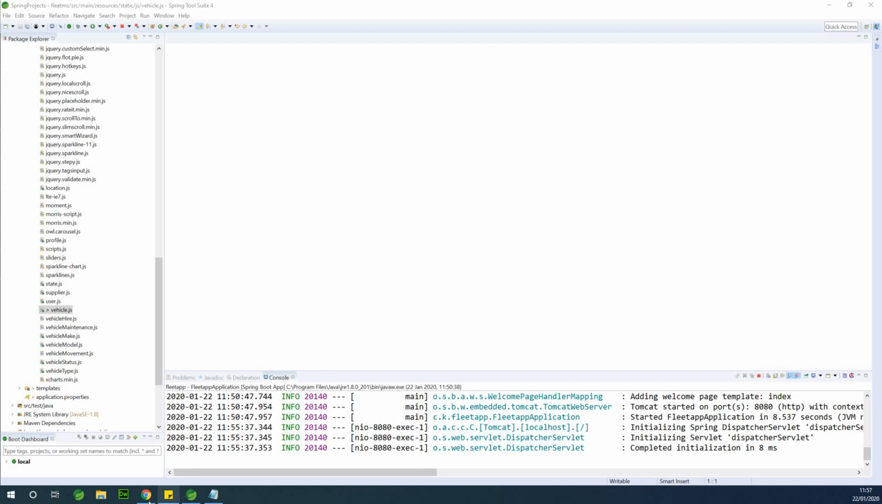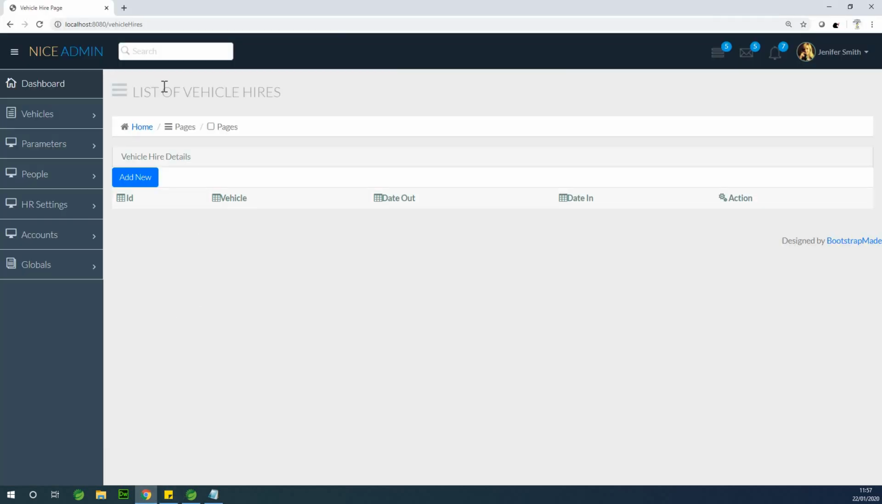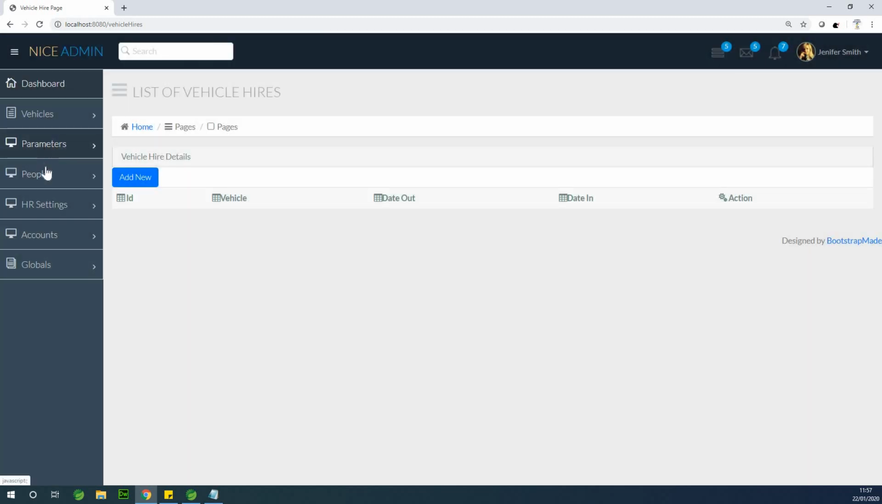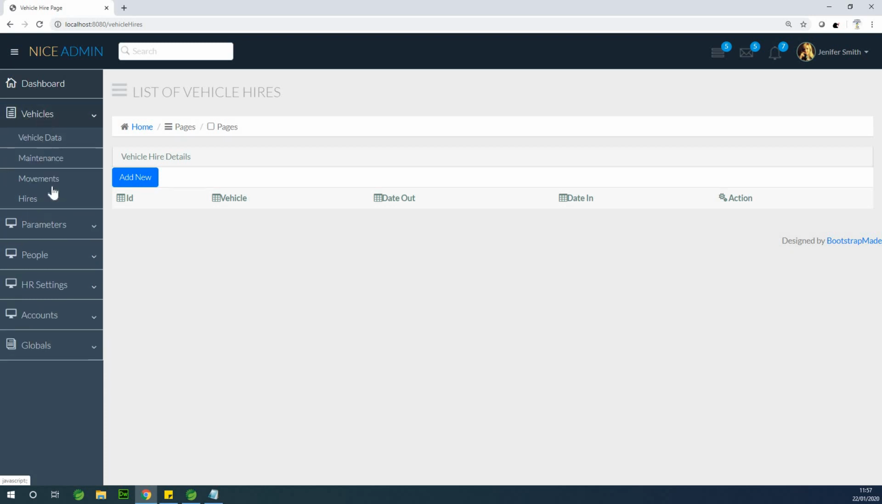So in the last class, we were able to complete this page where we have a list of vehicle hires. We created this form to add a vehicle hire detail: select the vehicle, the client, the date out, the time it was hired, the destination, the date it was returned, the time it was returned, the price, and stuff like that. So let's now create the page to manage vehicles, because if we go to vehicle data,